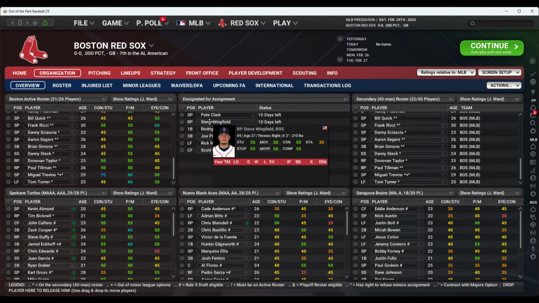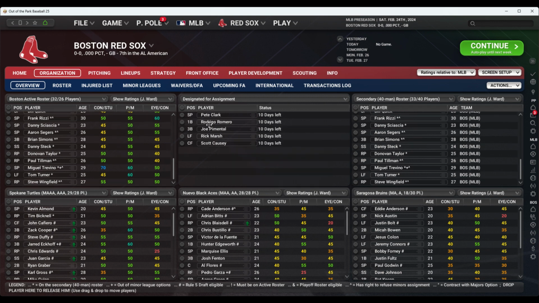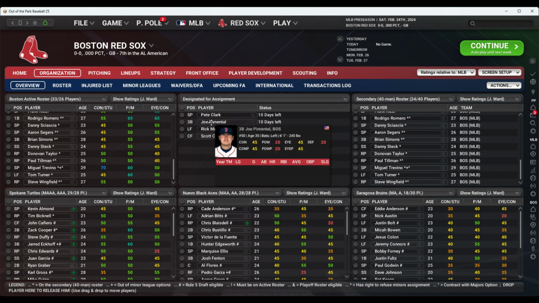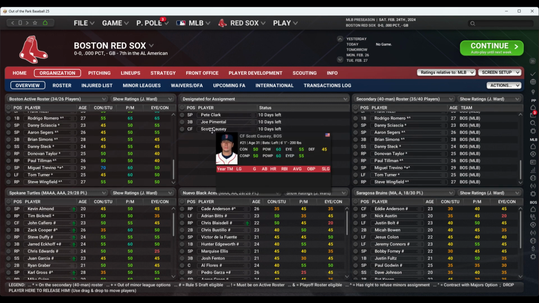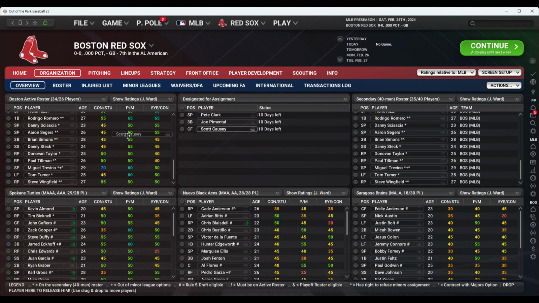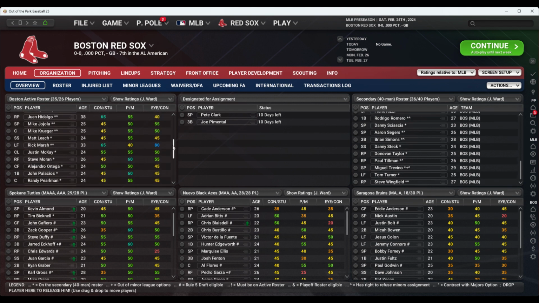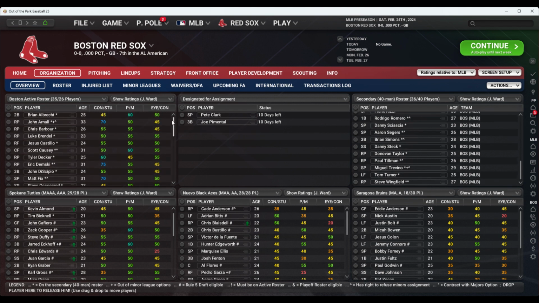Steve Wingfield, what's he play? He's a pitcher. Ramiro's going over here for sure. Pimentel, he can stay on there. Rick Marsh is going over here. Scott Causey, 31, center fielder, going over here. So we've got 9 guys too many, and so what I can do now